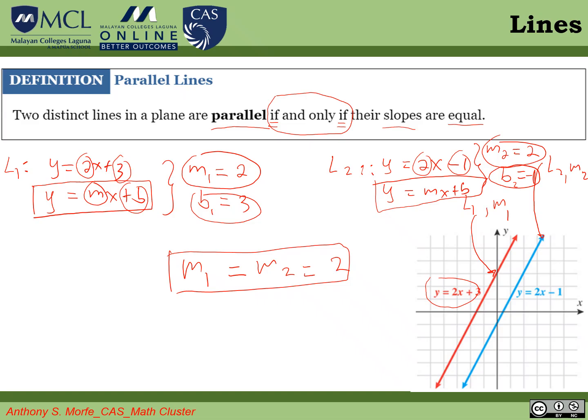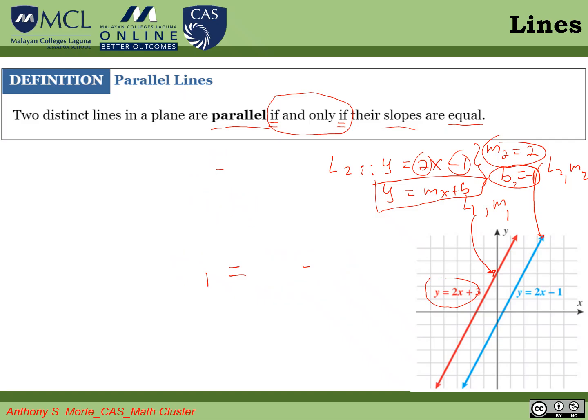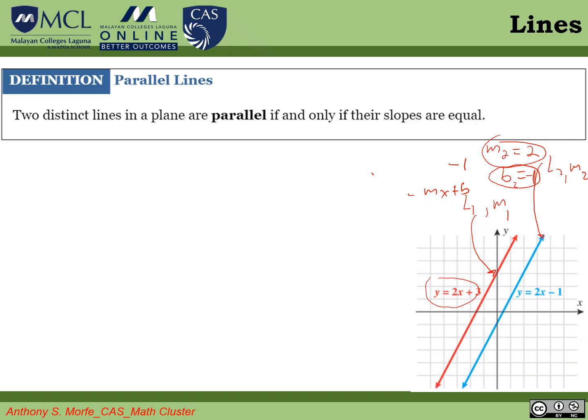Okay, so that's what we had last time. And then I'll just show you how it is written in the learning materials. The learning materials are shown here. So the same thing, no? We are just reminded that if the lines are parallel, then their slopes are the same.